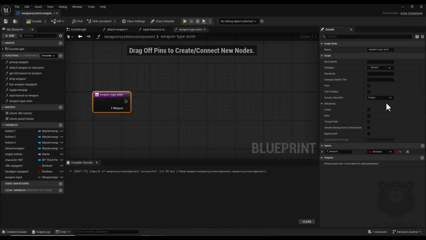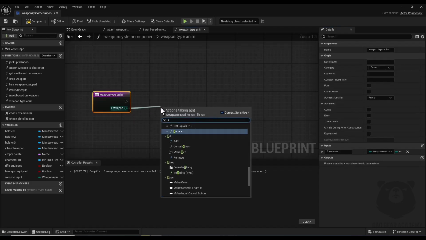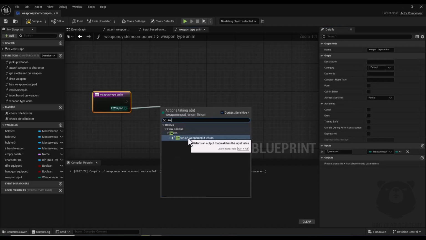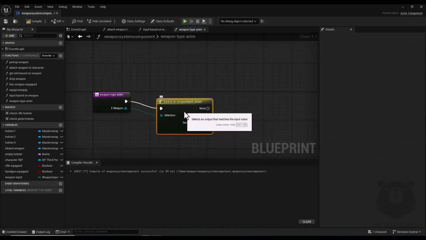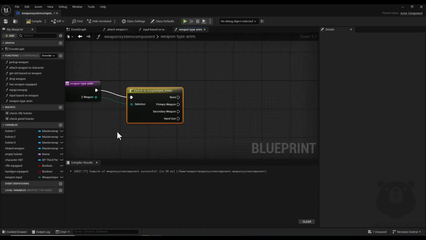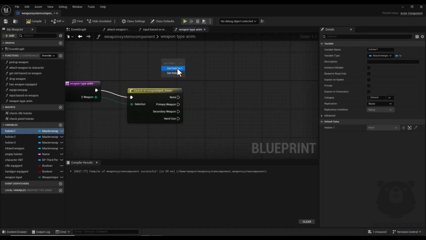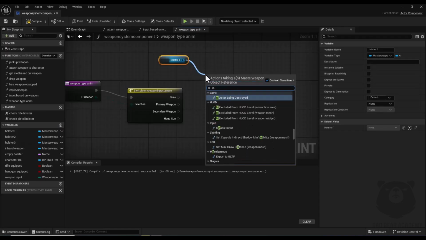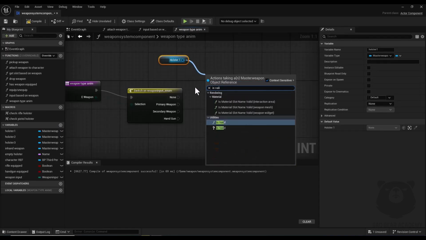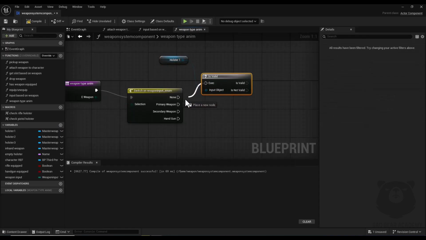Alright, now I drag a node from here and I search for switch on weapon input enum, and here for primary weapon I get my holster 1 and get an is valid node and connect it here,